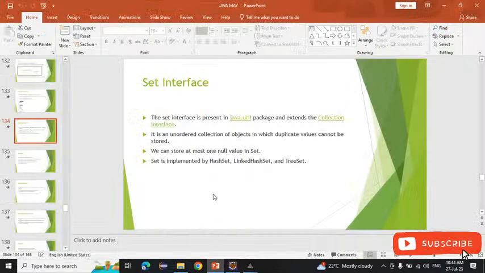So today we will see the set interface. Yesterday we saw the list interface. Inside that, which properties did we see? The classes are ArrayList, LinkedList, Stack, and Vector. Inside the list, we saw these properties: insertion order,